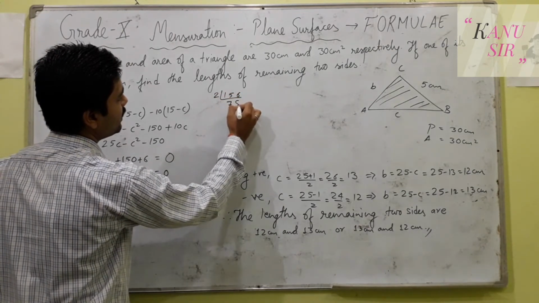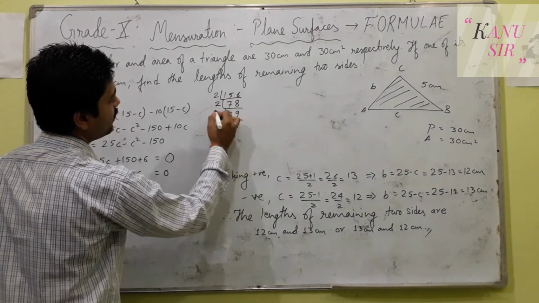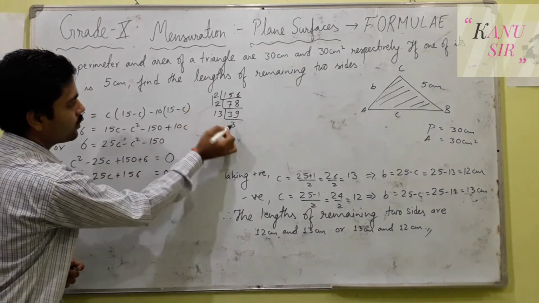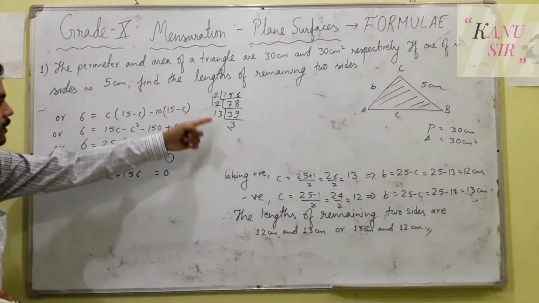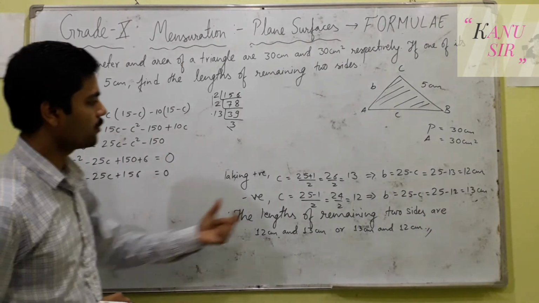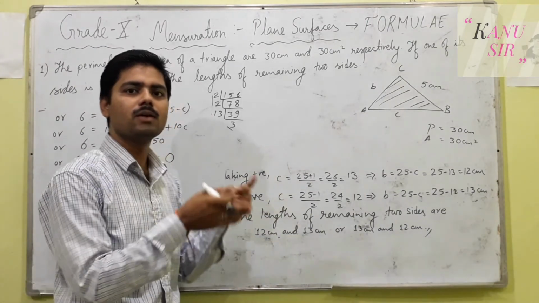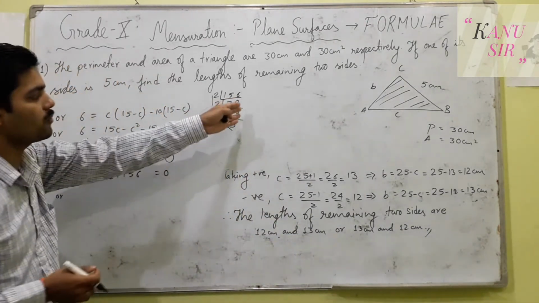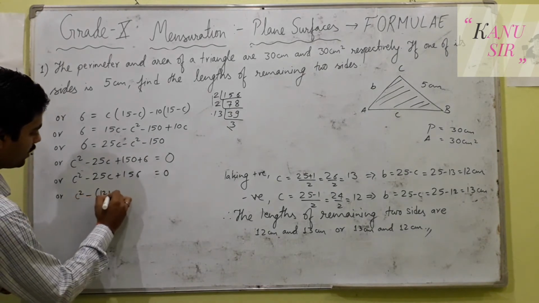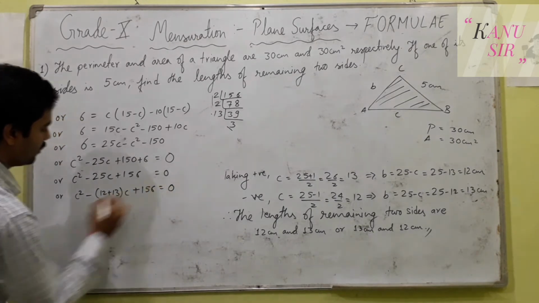2 times 78, 2 times 39, 3 times 13. It means 2 to the power 2, times 3 is 12, and 13. 12 plus 13 gives you 25. Because we are very confident now, as we know the values 12 and 13, but during your examination you may not remember or imagine the values, then you have to go by prime factors here. So c² minus (12 plus 13)c plus 156 equals 0.